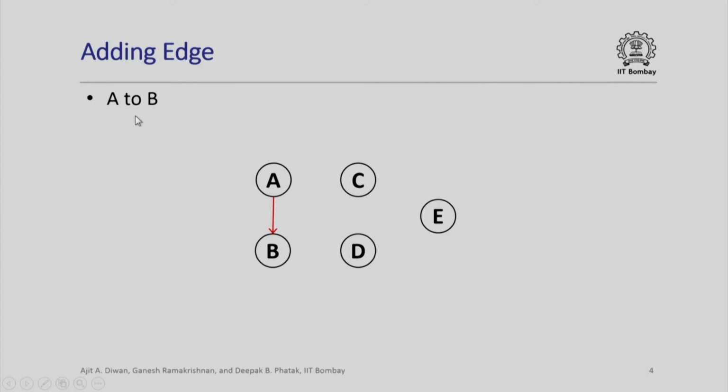So, if an edge has to be added from A to B, it will internally represent this structure, that there is an edge going from A to B. If there is an edge from A to C which we capture, it will represent this edge. Similarly, C to A, then it will mean a bidirectional edge between A and C. C to D, there is an edge here which we want to capture. C to B, D to B.